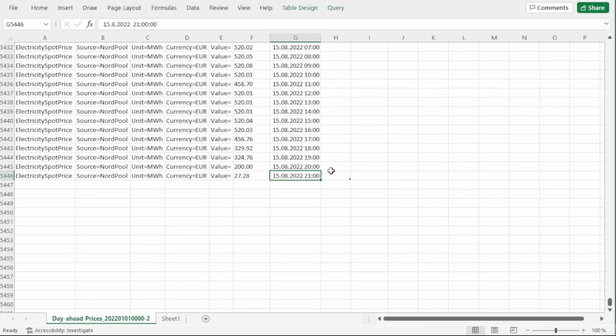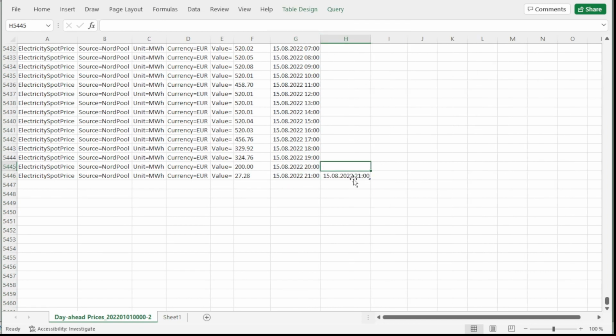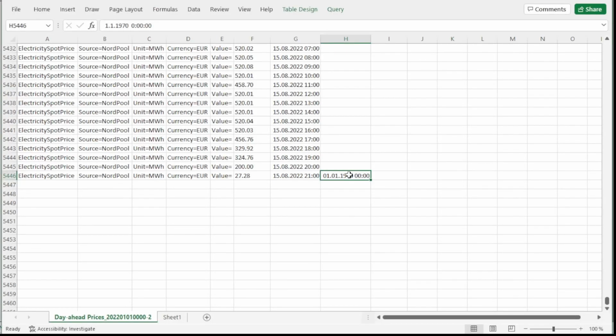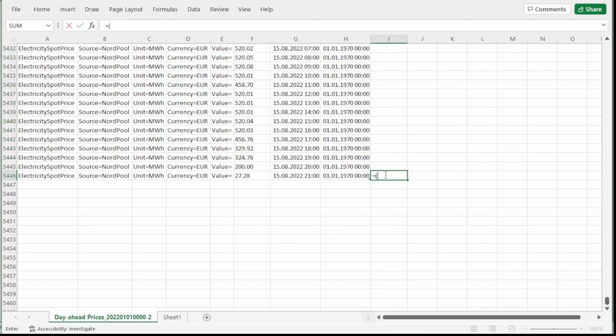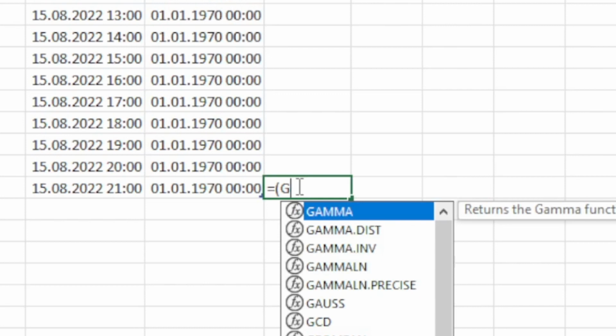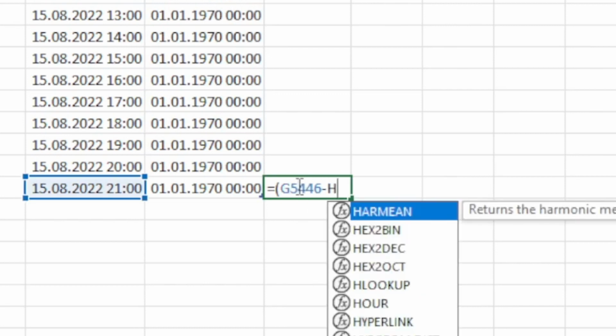Now, in this next column, I'm just going to copy that one over. In here, I'm going to put 1st of the 1st, 1970. Ta-da! This is the timestamp of when Unix time began. I'll just copy that. Maybe you've figured out what I'm going to do, but now I'm going to create a little formula. And I'm going to take G5446, take away the value of